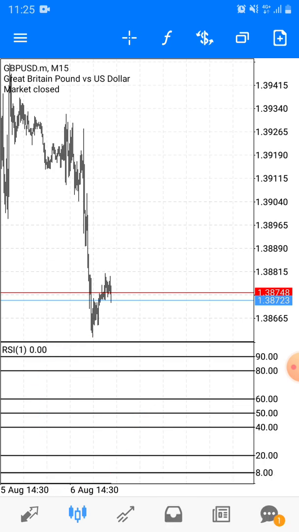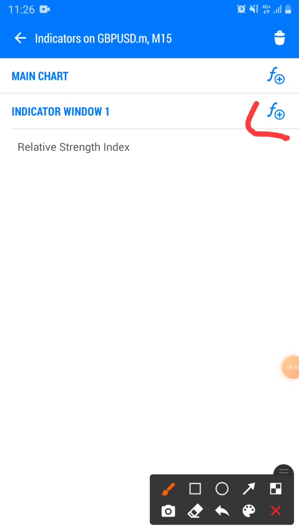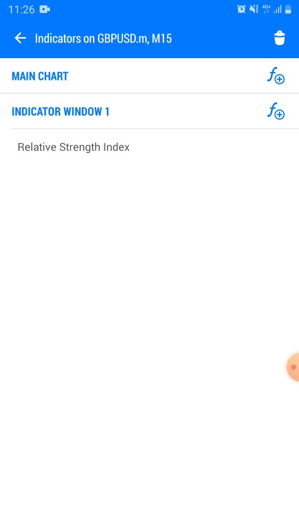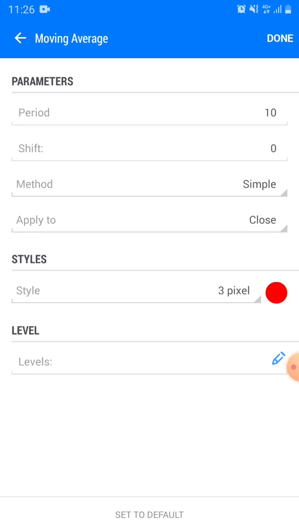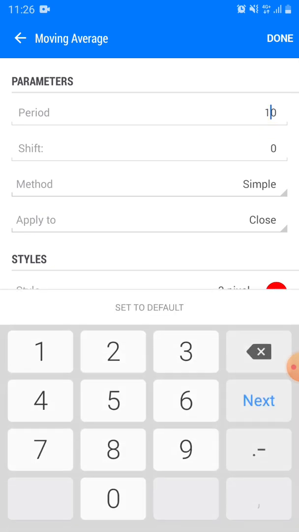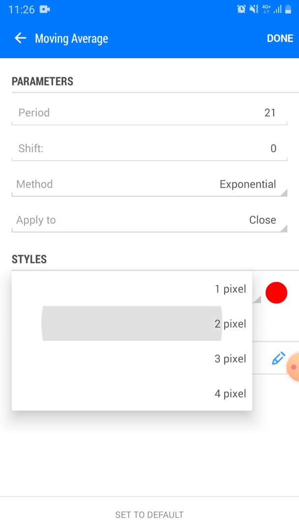So then the next step would be to ukufaka ama-moving averages. So siphindela khona lapha, then we click here ku indicator window 1. Then we click there, then sifaka ama-moving average. So i-moving average yethu yokuqala, it's gonna be 21. Yabo, sifaka i-moving average. This is fun. This is an amazing platform. 21, then u-shift ubu 0, then i-method kubu exponential, then u-apply u-close, then mase siya kwi-style sifaka u-2, then ukhala,